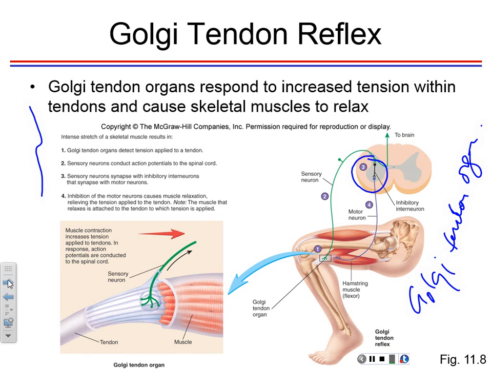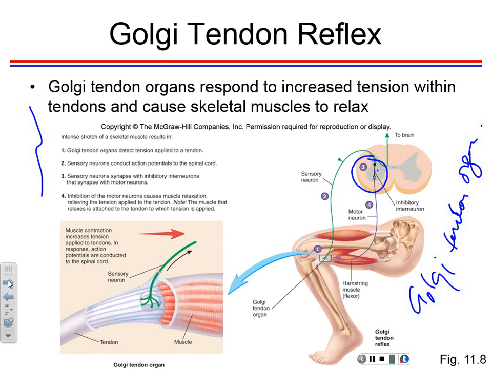The guys in the morning were saying, the module was saying the Golgi tendon reflex is a simple reflex. It's not really simple in that it's got interneurons in it. I know they were saying the withdrawal reflex, not this one, but the withdrawal one has an interneuron too, so it's not really simple. Anyway, there's a sensory neuron, there's an interneuron, and then